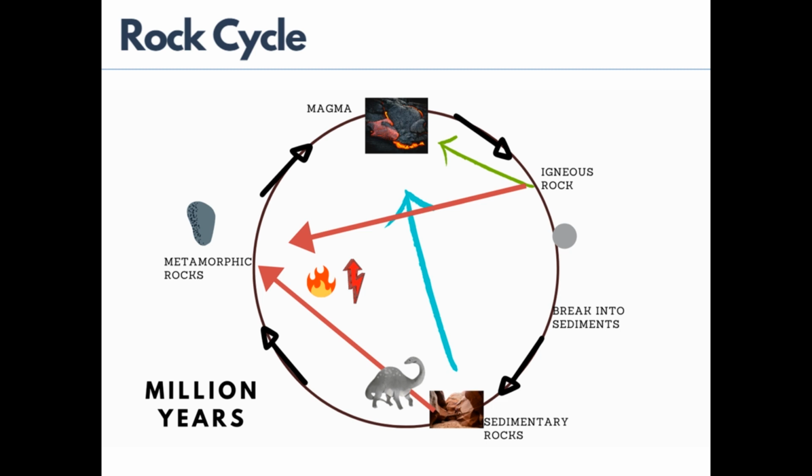When metamorphic rocks are further subjected to extensive heat and pressure, they again melt down and form magma. The magma again solidifies and becomes igneous rock, and the cycle goes on. Even sedimentary and igneous rocks turn into molten magma. They change from one form to another in any order. It takes millions of years for rocks to change.